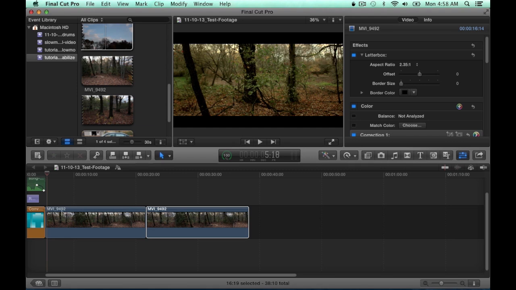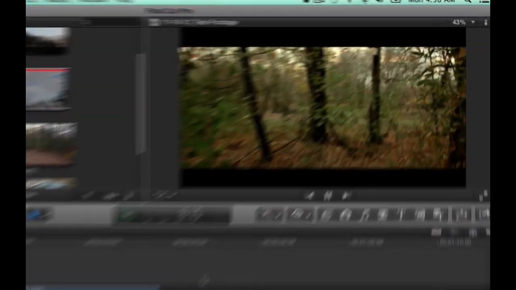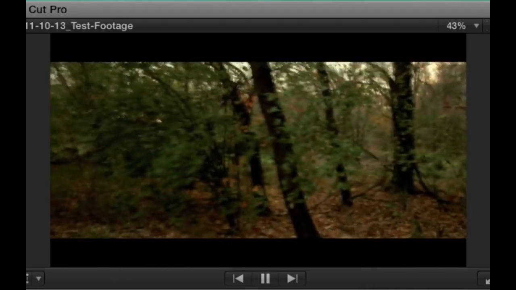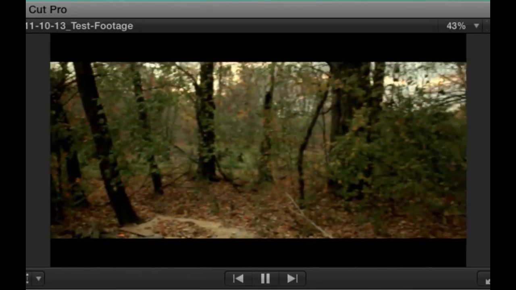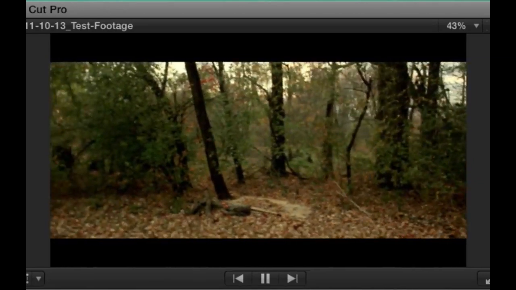So, okay, I have a clip here that I'm going to play for you now. This was filmed while walking backwards. Let me turn that on. Okay. This was filmed walking backwards. As you can see, the obvious shaking from walking and then from panning left to right. So what I'm going to do is walk you through the steps to get this clip to look a lot